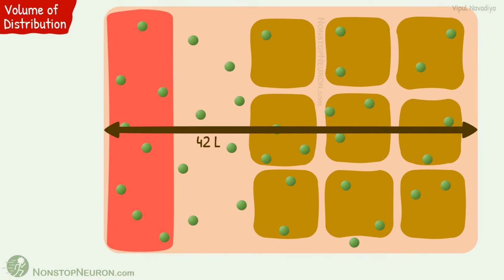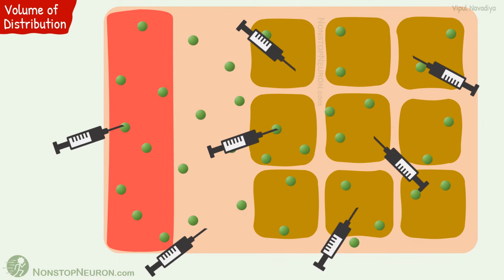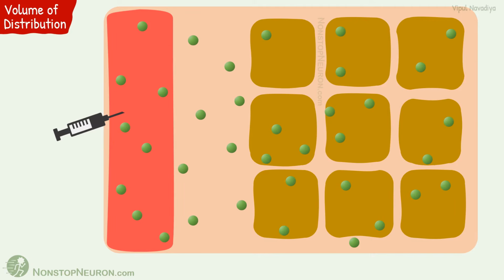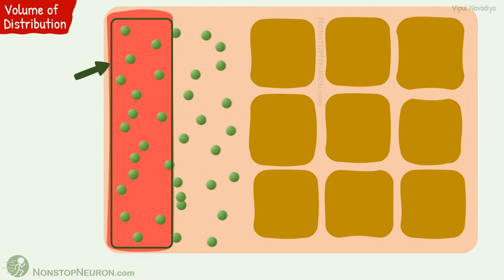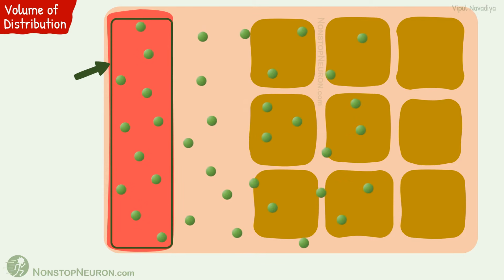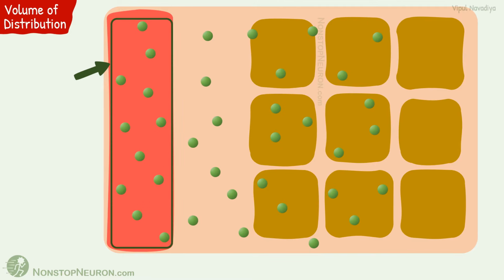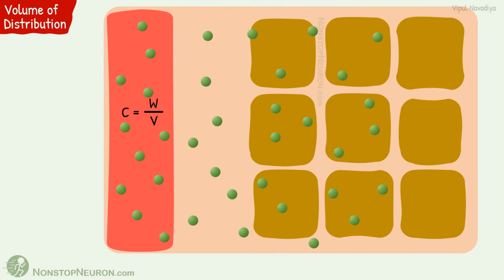To know how far the drug is spreading, ideal would be to take samples from all the body tissues and measure the concentration of drug in each area. But practically that's not possible. You cannot take samples from all the body organs just like that. Rather, what is convenient is to take a sample from plasma. We have already seen that plasma concentration of the drug falls as it spreads more and more. So we can know how far the drug is spreading based on how much it is getting diluted in the plasma. For this, we need a simple formula from chemistry.